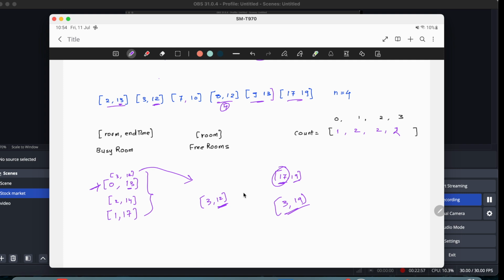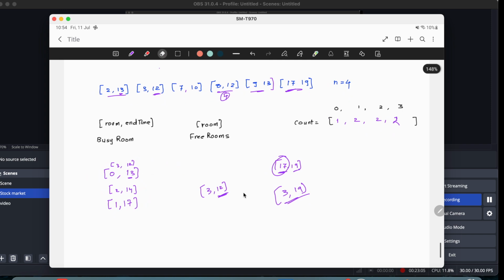What we have to do, based on the start time, is check whether it is greater than the end times of the rooms in the busy rooms. That means those rooms are free till the start time, so most of the rooms are getting free. So if the start time is greater than or equal to the end time of these busy rooms, we will simply pull them out and put them into the free rooms. Initially 3 is getting pulled out from this room, then 0 is also,